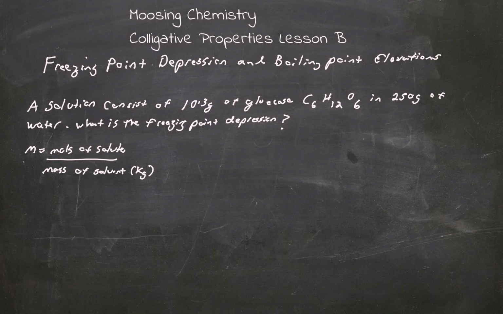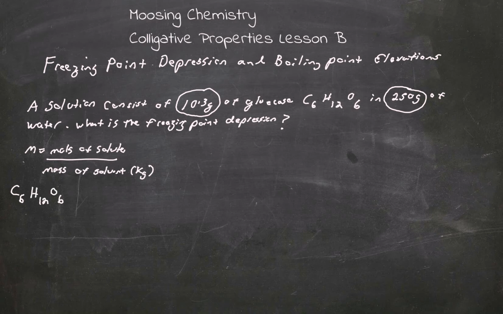Now let's look at how we're going to solve this problem. We have 10.3 grams of glucose and 250 grams of water. Both of those have to be converted. So let's go ahead and do our glucose conversion first. We're going to need the molar mass of glucose, which is